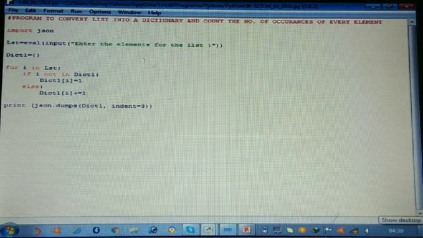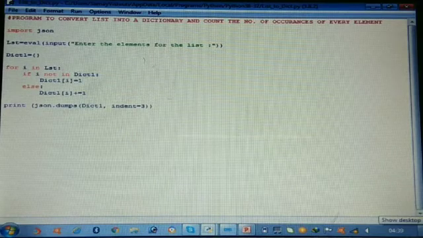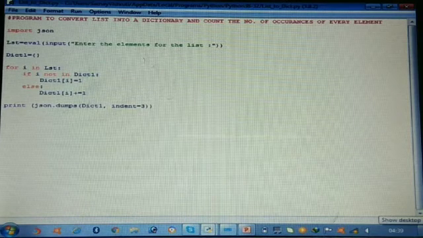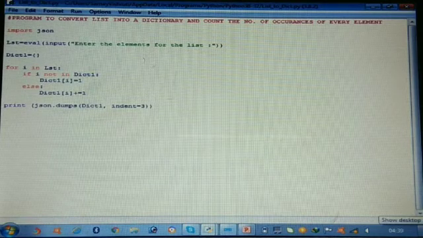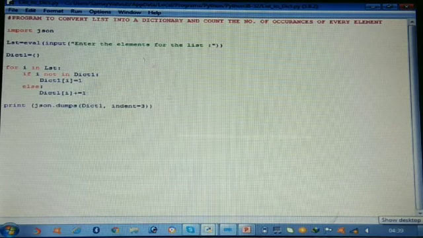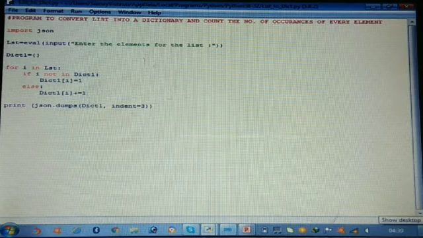dictionary dict1. Okay, now we are going to read each element from the list, one element at a time, and then we'll check if this element is actually not a key in the dictionary yet. So at that time we are going to put the element as key of the dictionary and the value of it will be 1. Otherwise, if the element is already present as a key in our dictionary, then we are going to just increment the value of that element. Let's suppose 1 is already present as a key in our dictionary, and again 1 has come into the list. So that means now the count or the value of key 1 will become 2, 3 and so on.